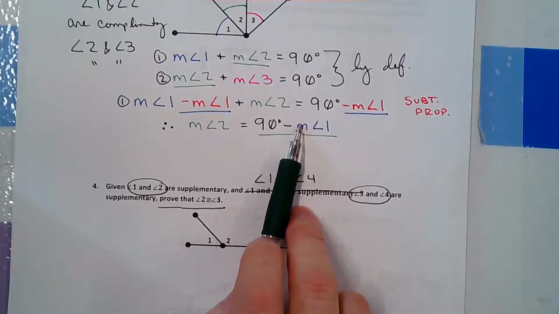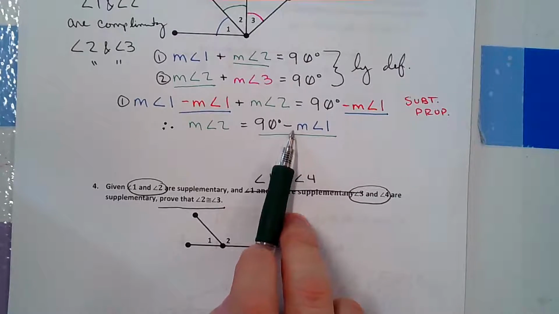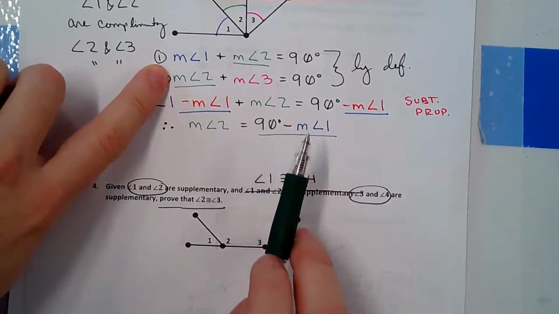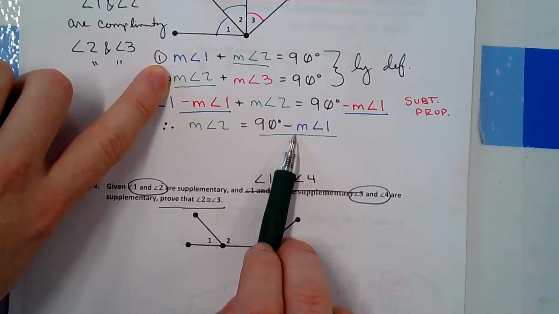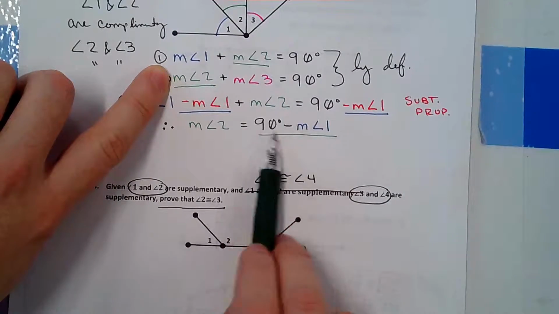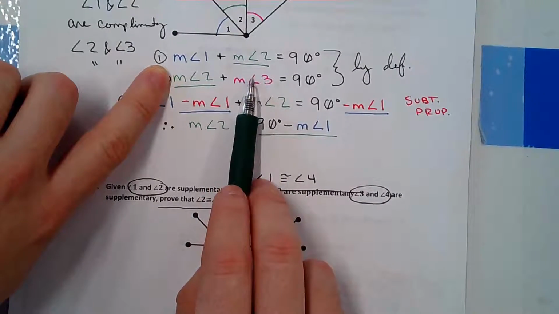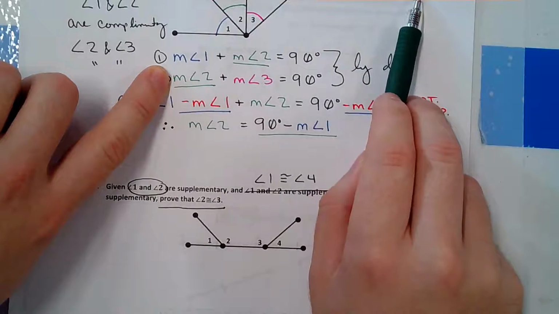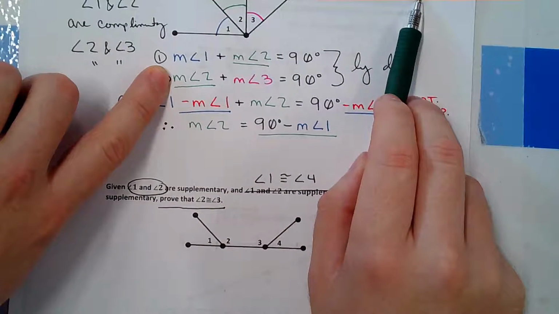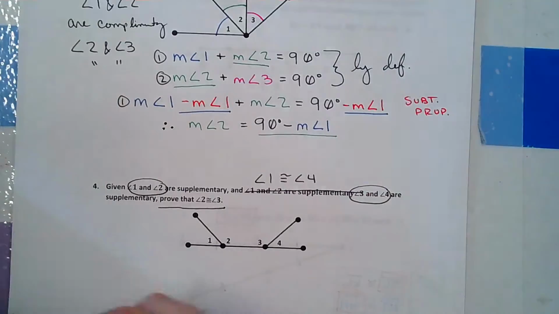Now, what does this do? Maybe you don't see it yet, right? You should at least see that if I switch this out for this, I'll now have an equation that has measure of angle 1 in it and angle 3 in it, which is closer to what we want, right? It's a step in the right direction. So let's write that. So taking equation number 2 now,